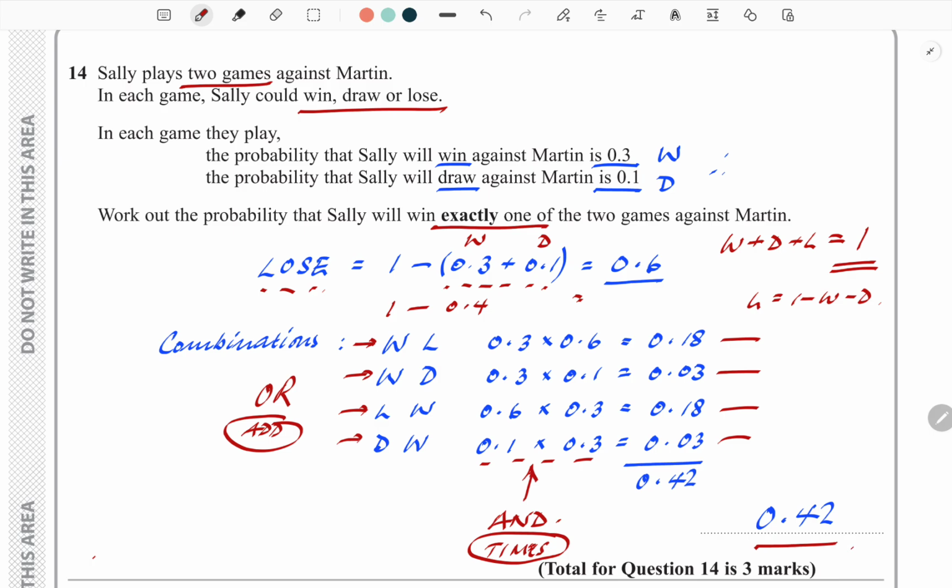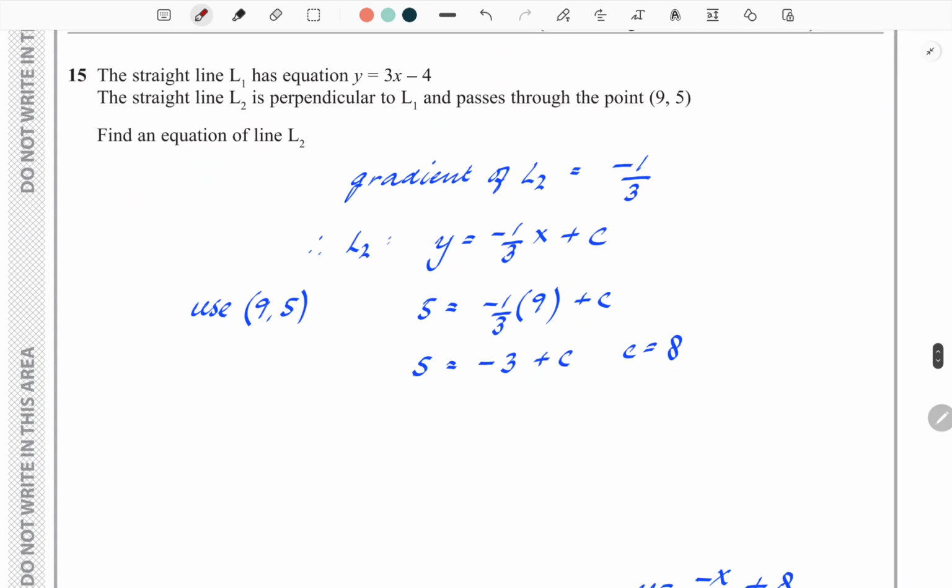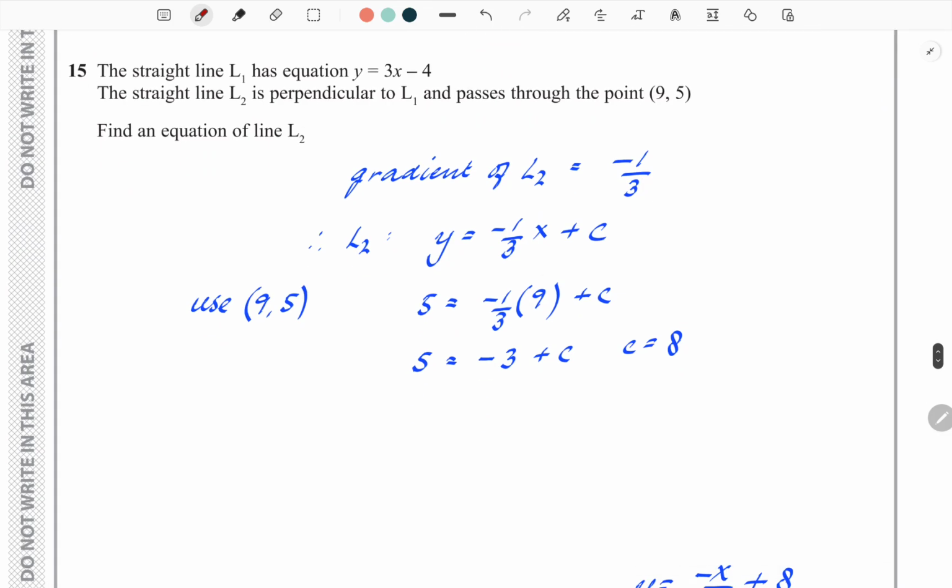All right, so be methodical with these questions. There's a lot of words in there, but that's all the information you need, the probabilities, and read the question carefully. All right, number 15, you've got straight line L1 with equation y equals 3x minus 4,